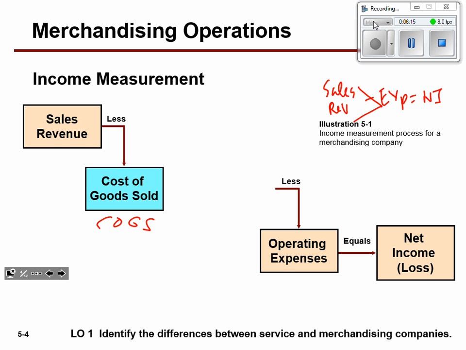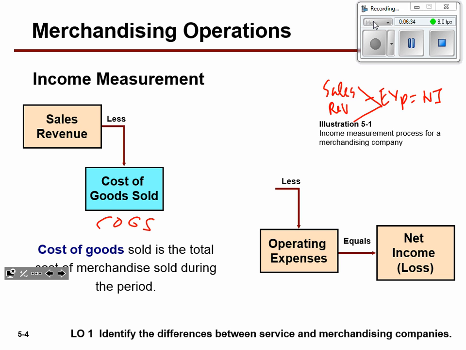I'll give you an example here in a minute, but what you need to know about COGS is the sweatshirt wasn't free, okay? They sell it for 50, 60 bucks, but it wasn't free. So they have to subtract out what it costs to get them, or the cost of goods that they sold. Cost of goods sold, again, I use the acronym COGS. I think the book maybe even mentions it as COGS, is the total cost of merchandise sold during that period.